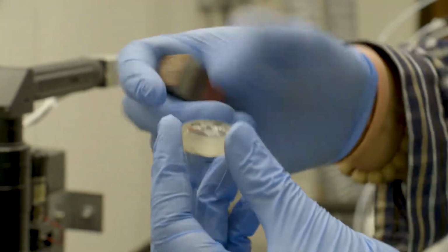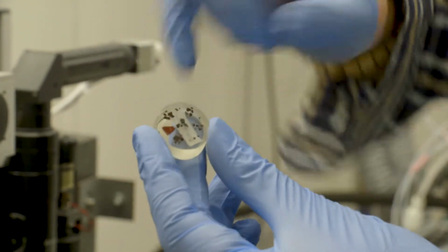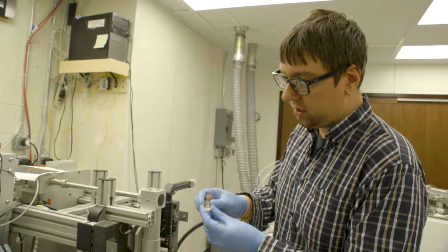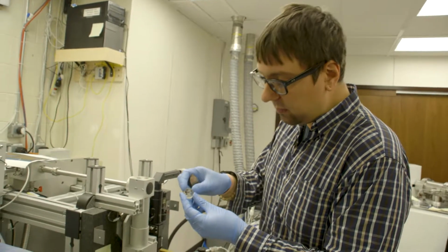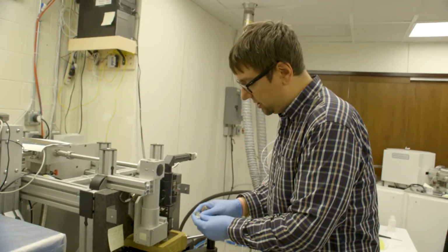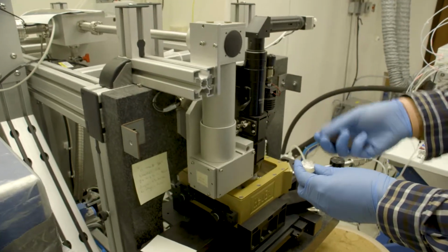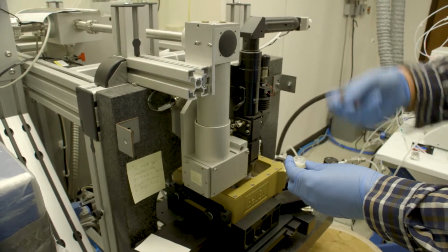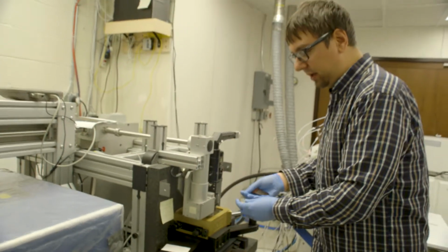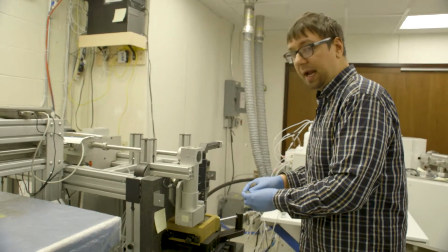will cut them out, and we will mount them in this epoxy disc. And so you can see many samples here are mounted in this epoxy disc. Once we mount the sample in here, in this epoxy disc, we can put it into the laser ablation system. And once it's in the laser ablation system, we hit it with a high energy laser beam, and it ablates material from the sample, and that ablated material is then transported into the mass spectrometer where it's analyzed for its